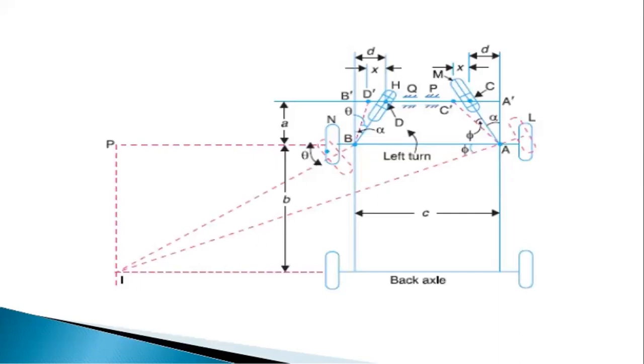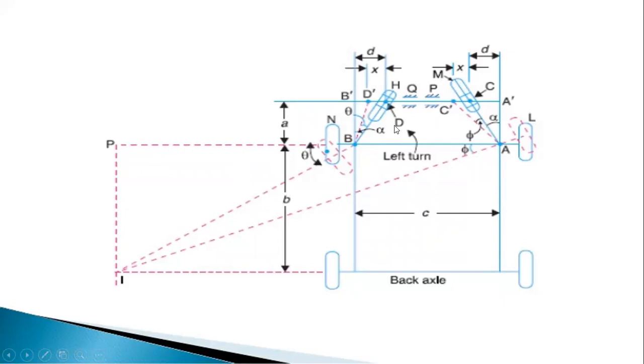This is the Davis steering gear mechanism in which the automobile is turning to its left. It is taking a left turn here. This is the point of section B, and this is the second point of section of the same wheel with the D position. And this is the point of section A, and this is the second point of section C. It consists of 2 points, and the displacement between the actual straight line and the displaced straight line is taken as small d. The thickness of the tile is taken as small x,